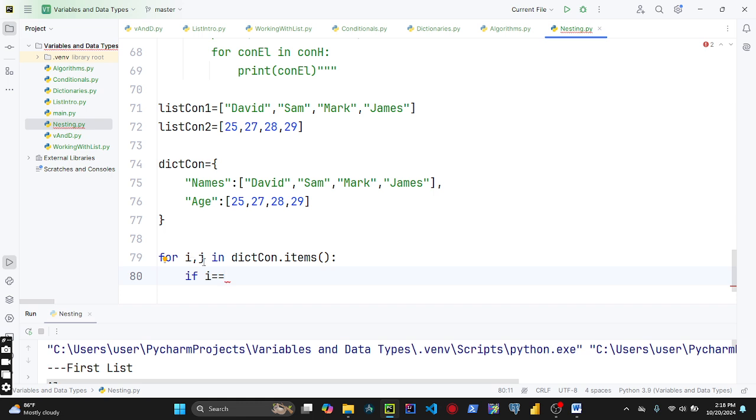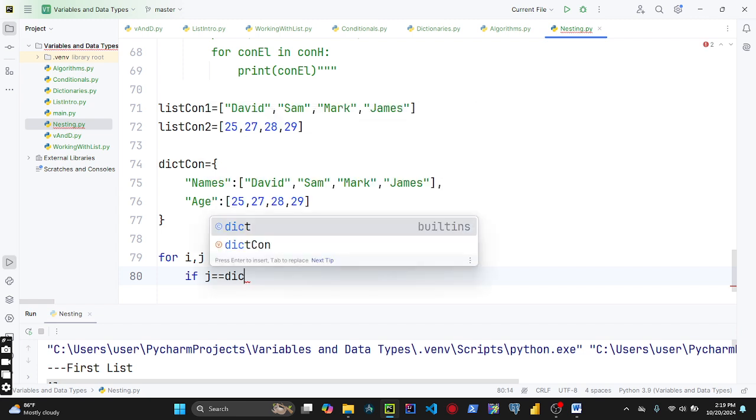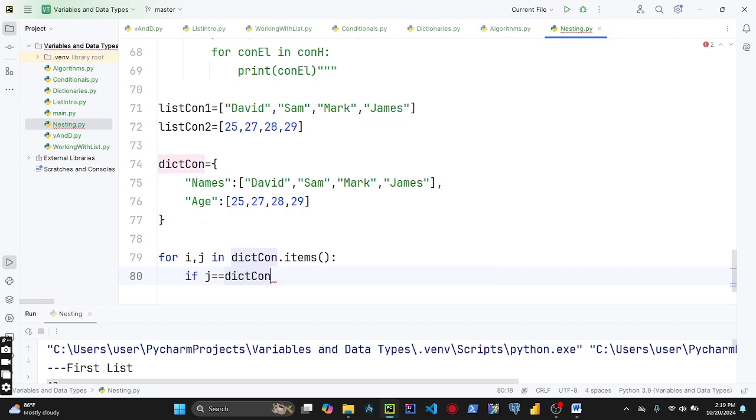So, since you cannot access a key directly, or we can do that actually. You can just come here and say names. You can either do it like this, it will still work, or you can decide to use the value of that key, which is J in this case, and say if J. I prefer to do this because it makes it fun to manipulate. So if J is equivalent to dict con at